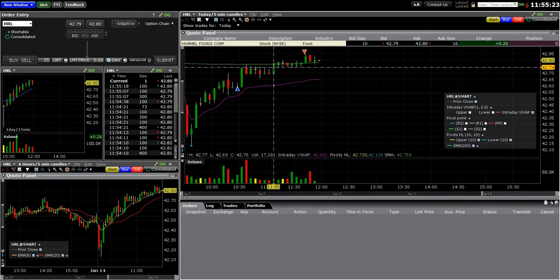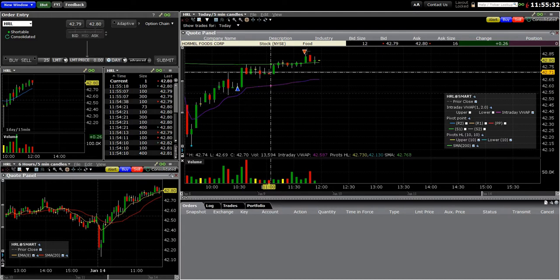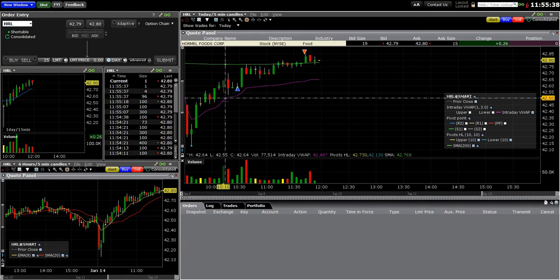Then it kind of went sideways again, and then it finally shot up to my target, which was 42.85. I got in at around 42. What was it exactly? 42.59. So a 26-cent gain right there, which is all I was looking for because I was only risking. I got in here at 59, and I put my stop, I think, basically right around 48 or 47, just below 50 cents,